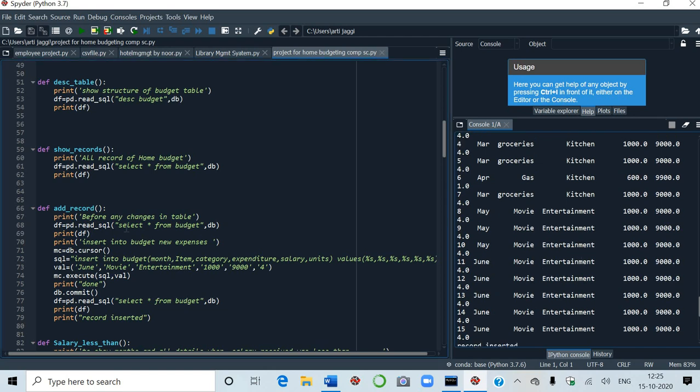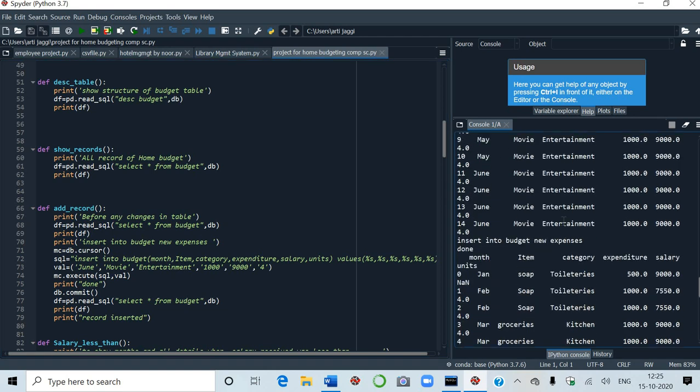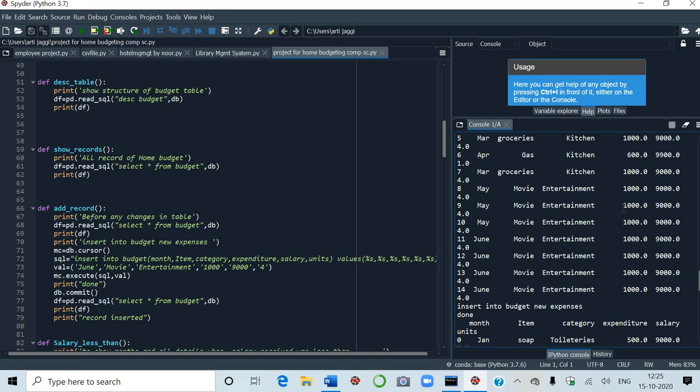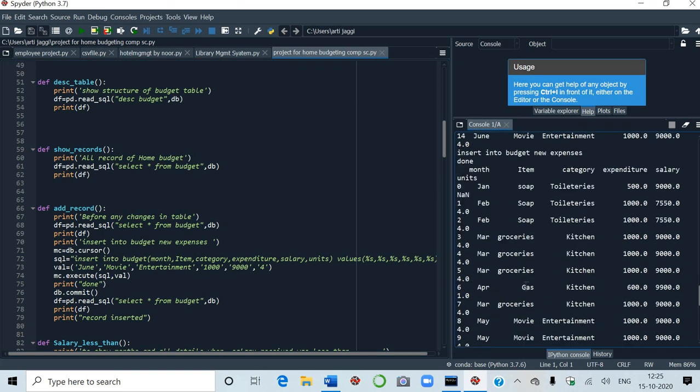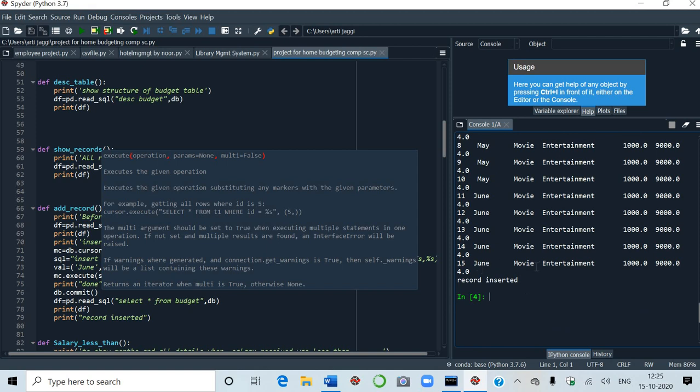I have shown you before any changes in the table. I have not made any changes in the table, but here I am changing something like insert into budget. I want to insert month, item, category, expenditure, and salary, and units, and all these things. Okay, values are June, movie, and all. See, in the last, I've inserted June, movie, entertainment.